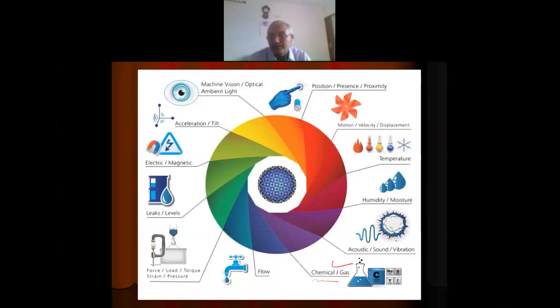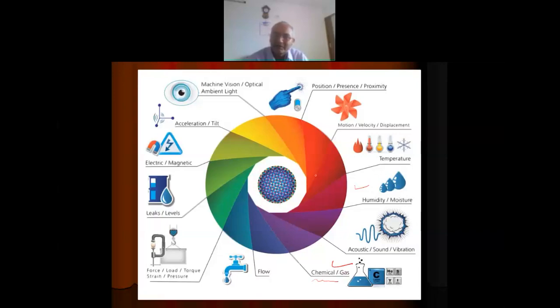Acoustic, sound and vibration sensors. Then we may have a humidity moisture sensor. We would like to know the humidity of different places. And this is very important in the case of agriculture. Whenever the crop is there and we want to store it, it should be stored at particular humidity and temperature. So for that, this is very useful. And it's better if you can control this temperature and humidity remotely, from anywhere in the world, so that you can monitor. And not only do we monitor, we can also control that humidity and temperature with the help of